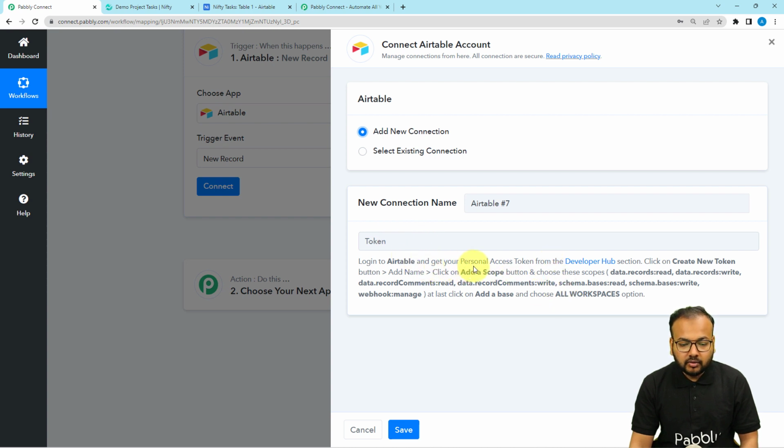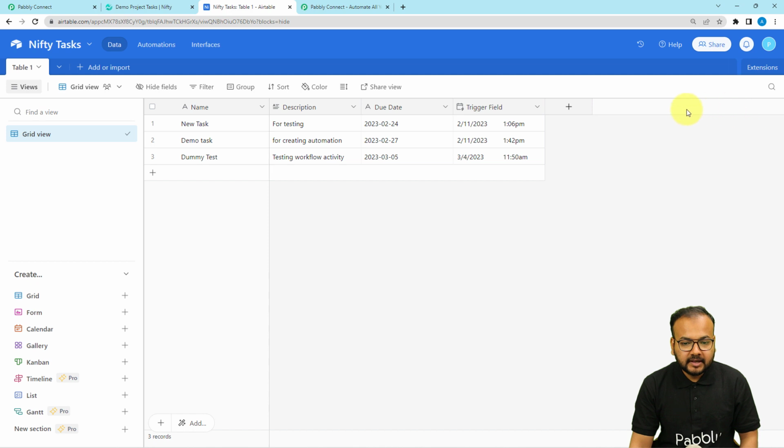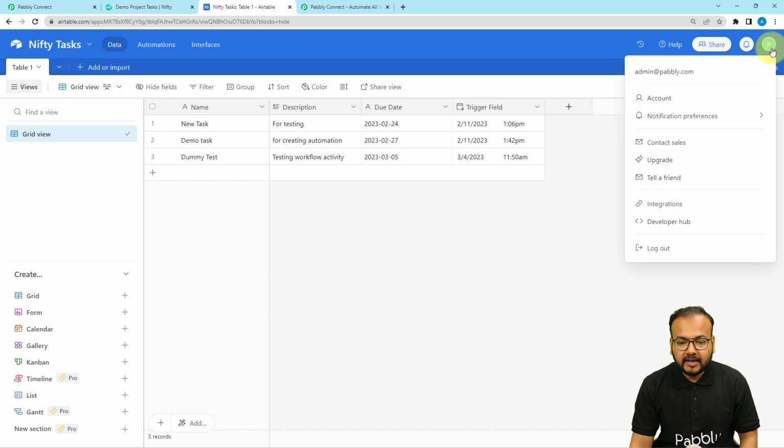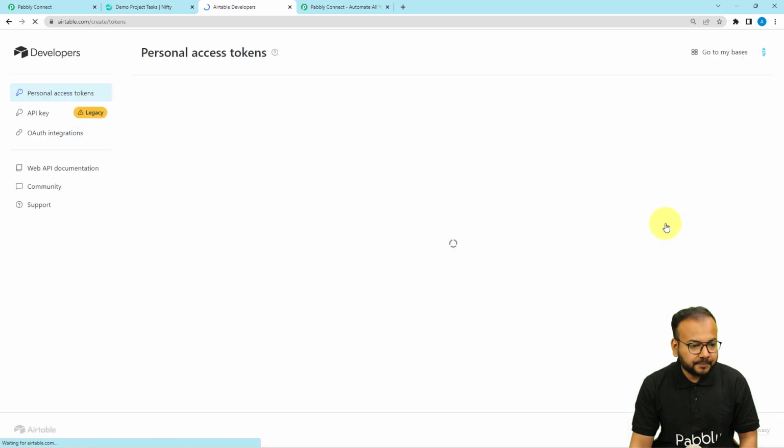You need to go to the developer hub section of Airtable. Then you have to click on create new token button. Then you have to add name. Then let me show you directly how you can do that. You can just read the instructions. All right, so here I am under Airtable's base, and here is this record I am creating for Nifty tasks, and here is the profile icon. From here you have to go to the developer hub option, click on developer hub,